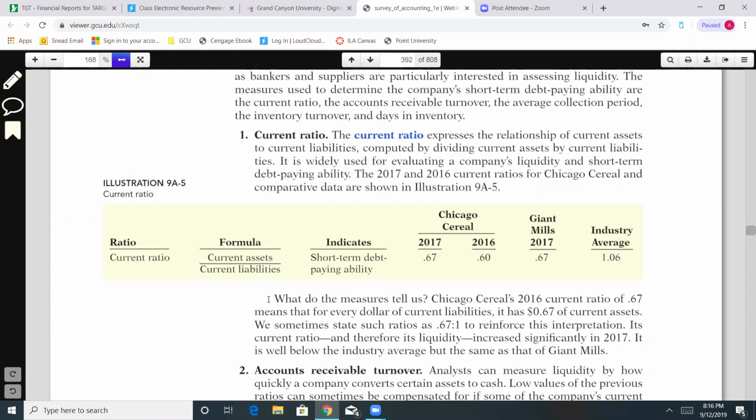And you hope that this number is above 1, and it very likely may not be, which is not the end of the world. But if it's above 1, that means that current assets is bigger than current liabilities, and that's what we want. We want more assets than debt. So you can do that for each company, for Target and Walmart,